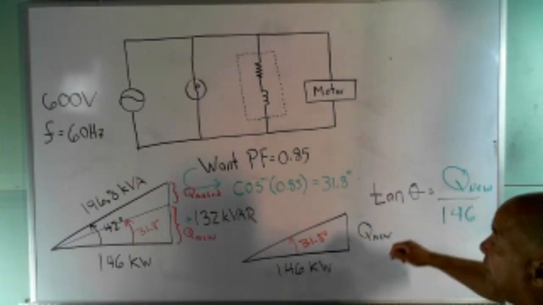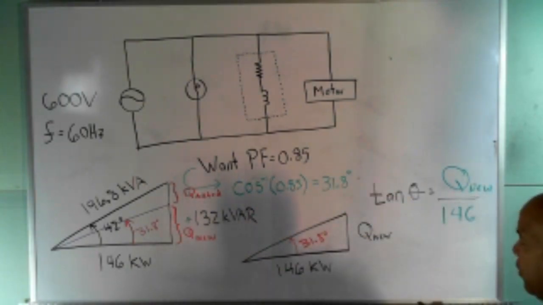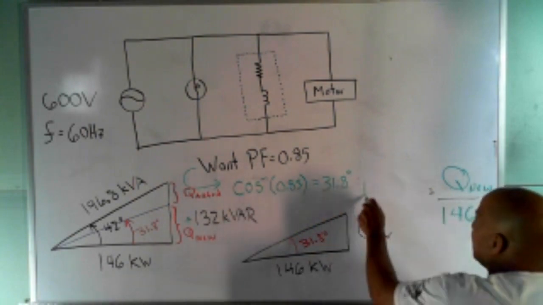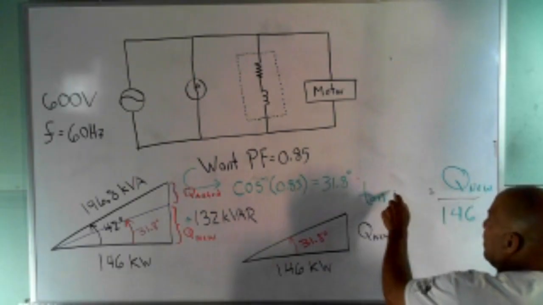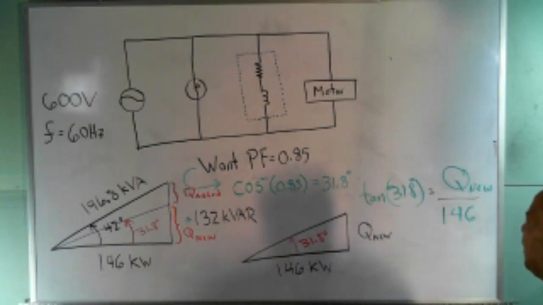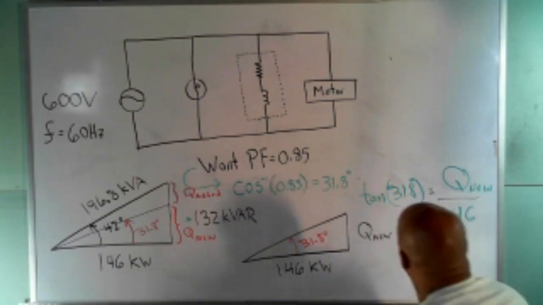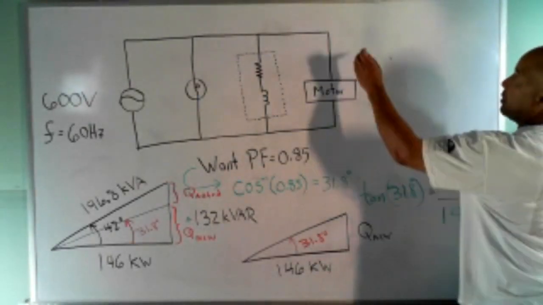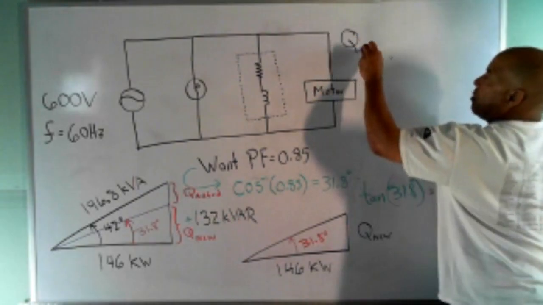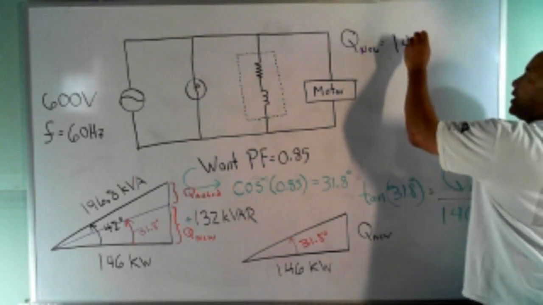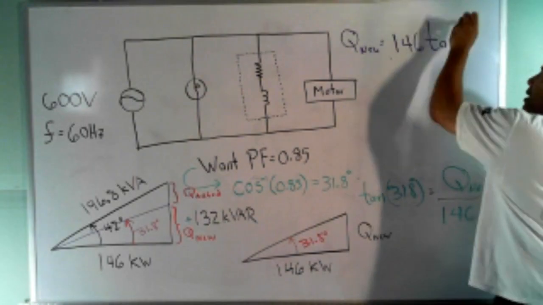The left side is the tangent of an angle. And we got the angle is 31.8. So we got that number. I think I said 130 something, but anyway, just a little bit of math, you can solve it. It's pretty simple. So I multiply both sides by 146, and I get Q new equals 146 times the tangent of